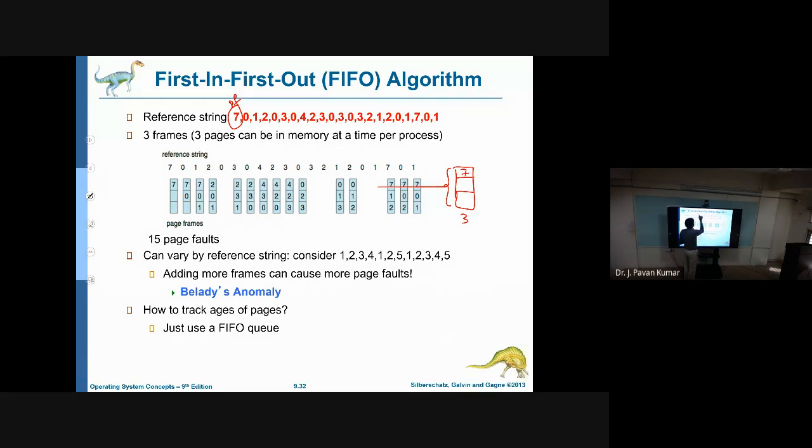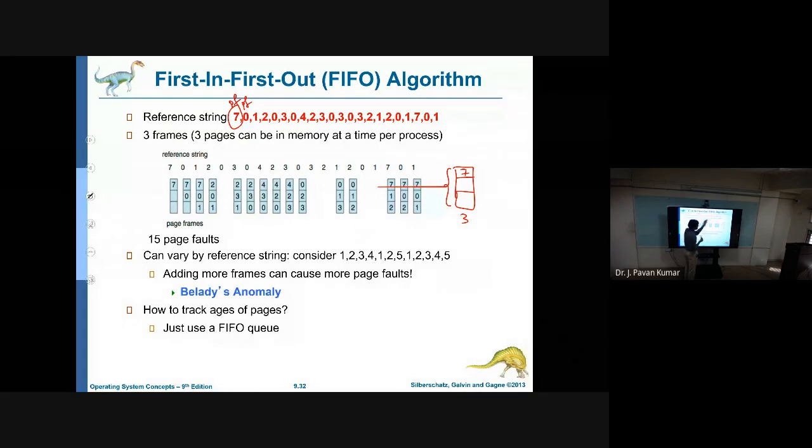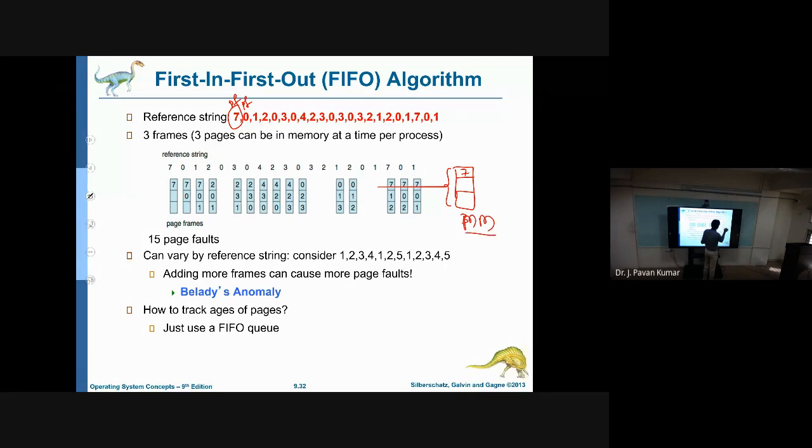Next, 0. 0 is also a page fault, right? Why? Because 0 is also not present in the main memory. Understand, this is the main memory. Always we will be checking this main memory only for the required page. Whether 0 is present or not, no. So again a page fault. So again the operating system will bring it and store it in the free frame. Next, 1 again a page fault, isn't it? 1 is also not present in the main memory, so it is also a page fault. So it will identify the free frame as this and bring the desired page. Now consider this is the state that we have here. 7 will be loaded, 0 will be loaded, then 1 will be loaded. Okay, fine.